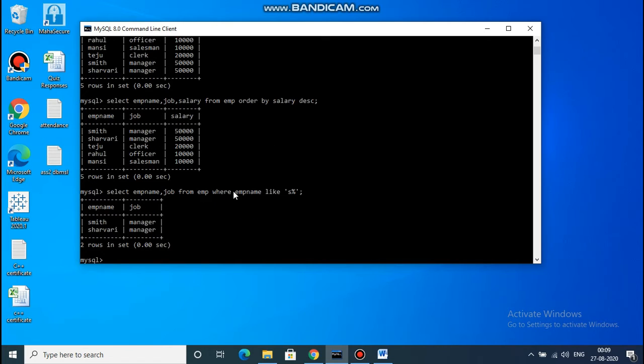You can see here there are two employee names starting with S. First is Smith and second one is Sharwari.